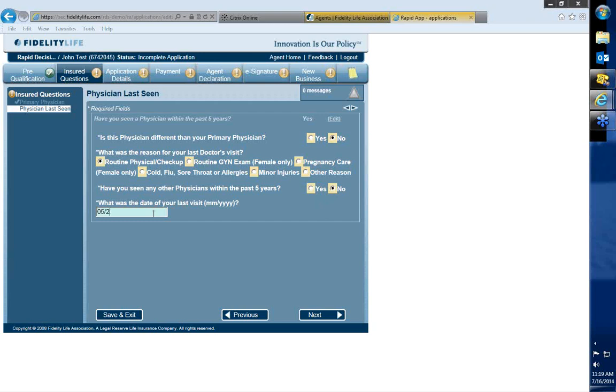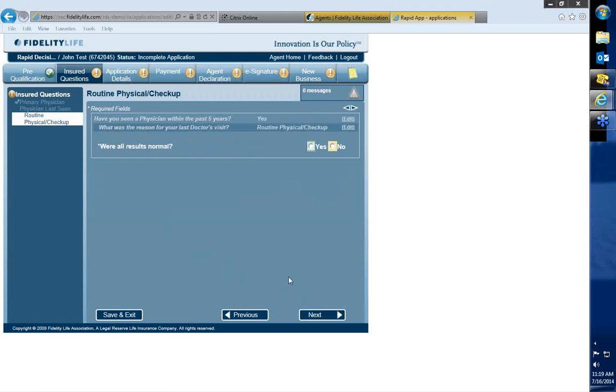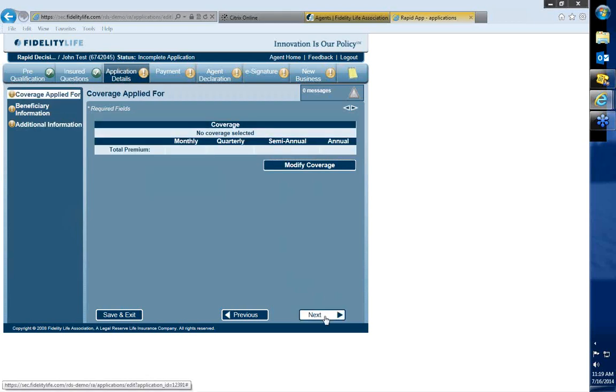And when was the last date? So again, just making up this information. So just to point out, you can go through this at your convenience. I would definitely test it out if you haven't submitted an application before online with Fidelity. It's a nice way to practice and kind of allow the phone call to go smooth when you have the